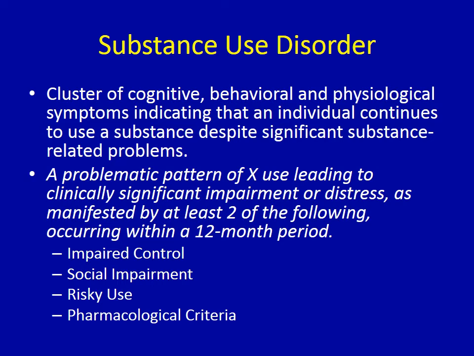So these are symptoms that might indicate impaired control, or that a person is not able to control their substance use. Social impairment, so experiencing problems meeting major role obligations as a result of substance use. Risky use, so that might be using a substance in contexts in which the person is at risk for physical